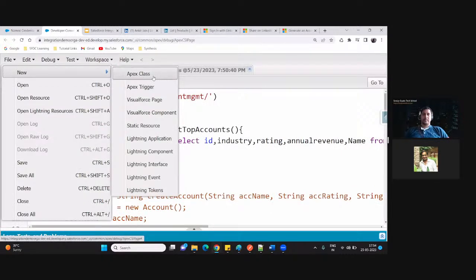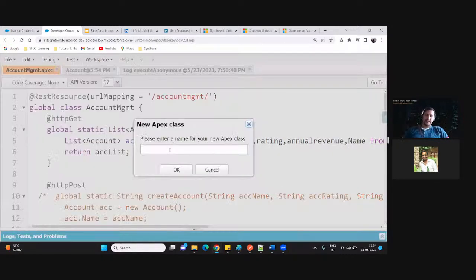Let's go and create a new Apex class. And here I'm giving the name of the class as the LinkedIn integration.